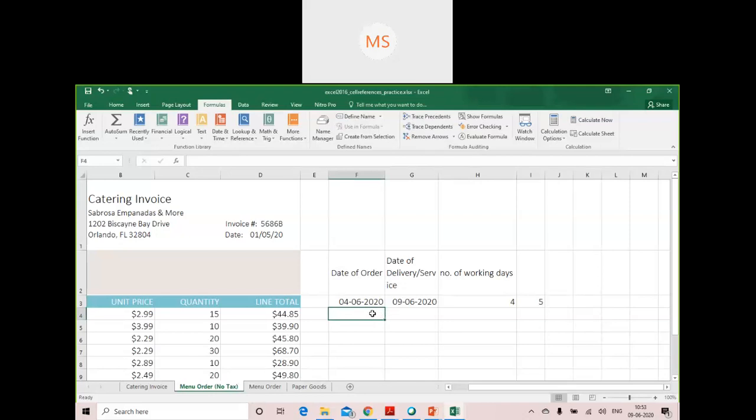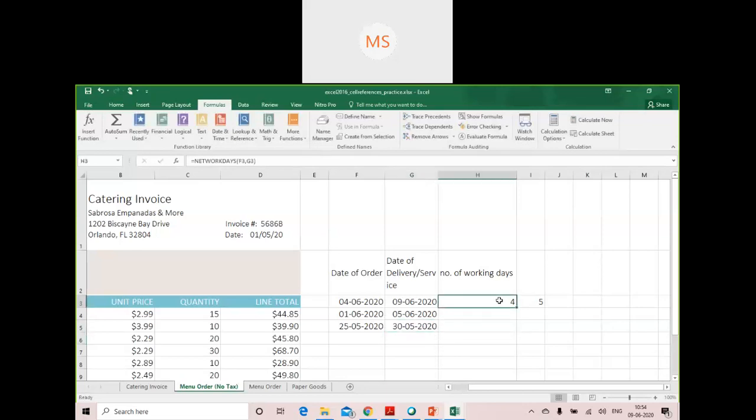Like if I am putting another date, let it be 1st of June 2020, then here 25th of May 2020, and now I will use 5 June 2020, and 30 May 2020. I'm using these dates.